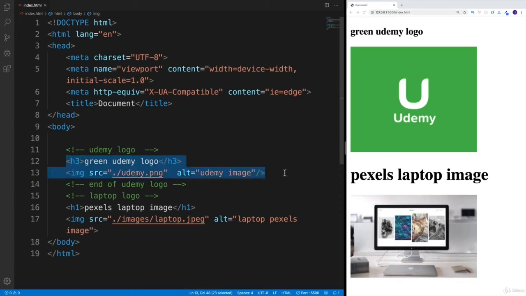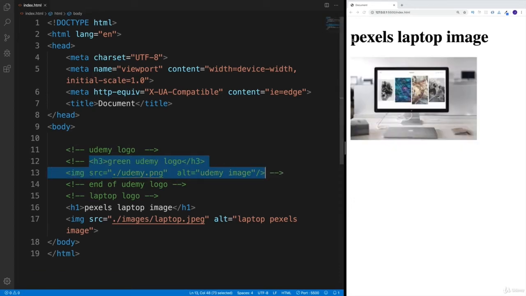So in this case, I'm going to select everything. I'm going to comment it out. I'm going to save it, and notice how I only have my second image because now I commented out this line of code. And the same, by the way, is going to work with CSS and JavaScript, where essentially you can divide up the code because that way it's going to be much, much faster